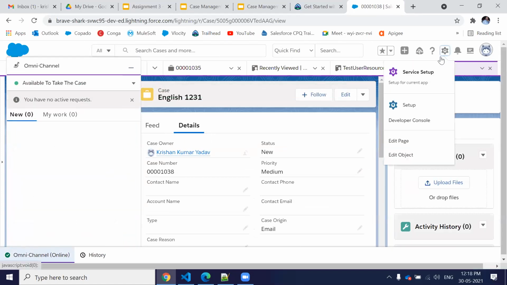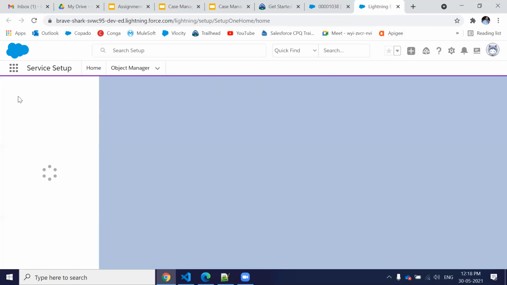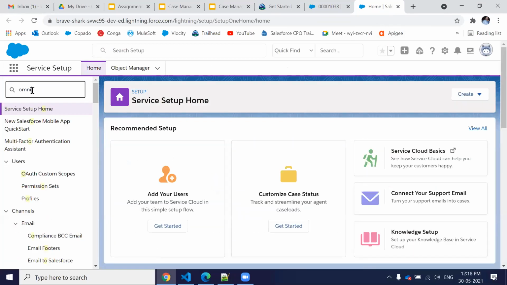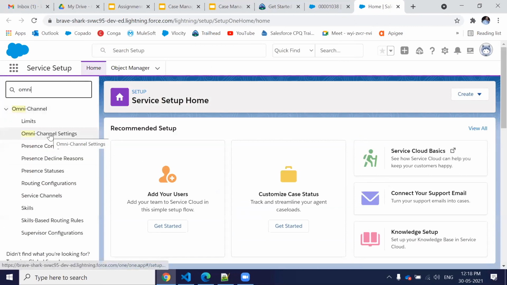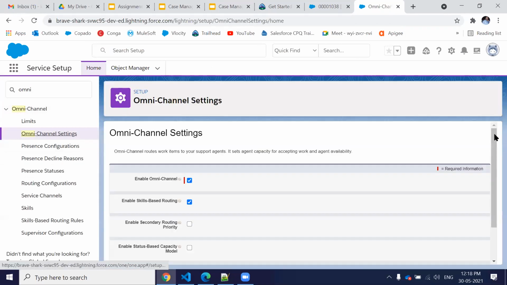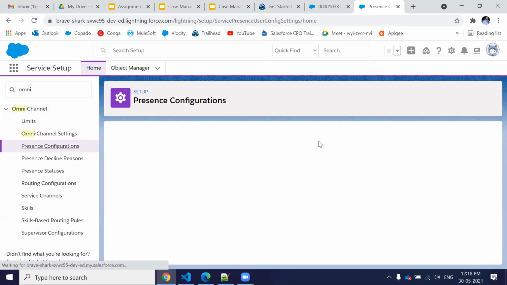So go to the setting, service setup, and look for the Omni channel. Here we already have it, go to the presence configuration.